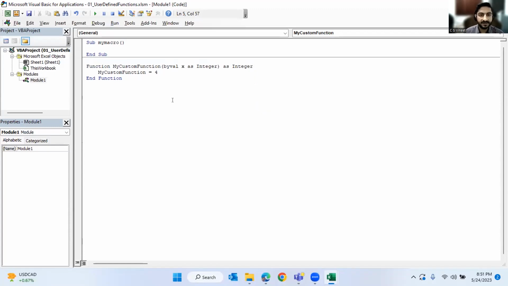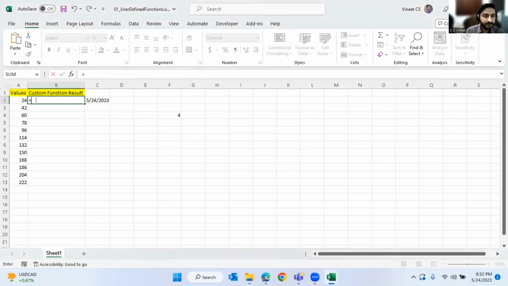Okay, so this is the syntax. I will explain it later. Now it takes an input as integer and returns an integer. So if I say 4 multiplied by x, whatever input is being passed, multiplied by x, is your final result. Now if I use this function, equals my custom function, and here I pass this parameter